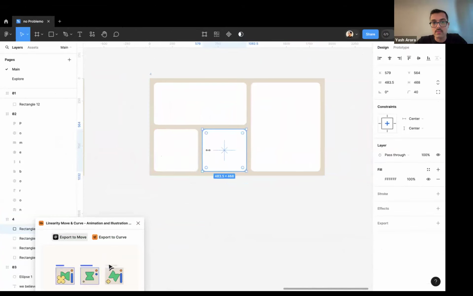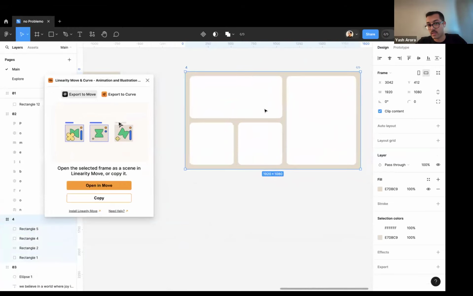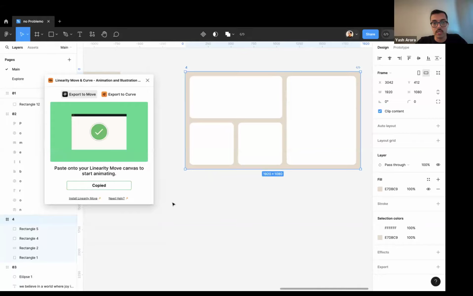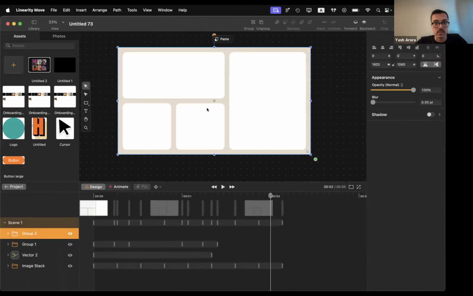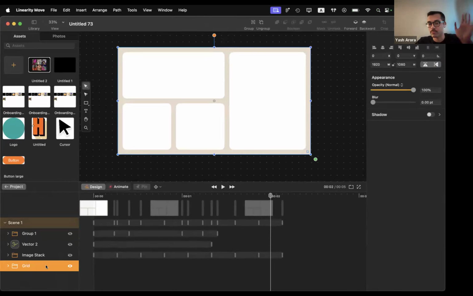And maybe this. So yeah, I have my template grid and I can copy the entire frame here as well, or I can actually directly send it to Move as well. If I do that, it will create a new file and then we can animate with that. I will just copy and paste it over here. So I have the grid and I will move it at the back